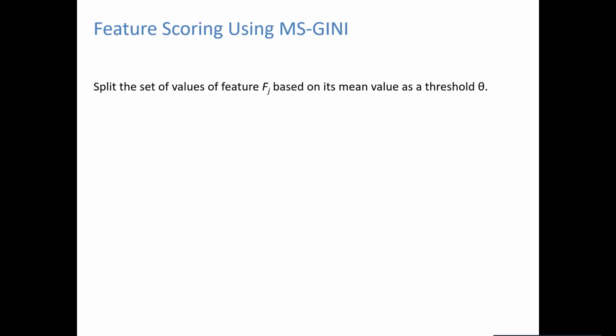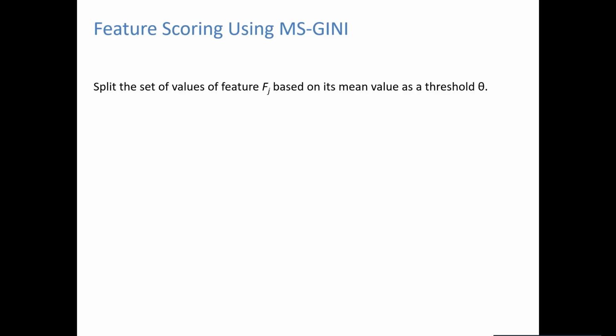So what we are going to do here, for every feature, you pick the threshold that we use to split as the mean value. You take all the training samples that you have, compute the mean value, and use that mean value as the split point. In the clear, the Gini impurity method that is normally used, you sort all the feature values, and then you try every possible split point, compute what would be the Gini impurity if you do the splitting there, and then pick the optimal one.